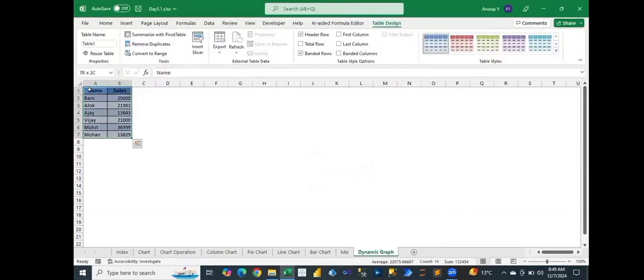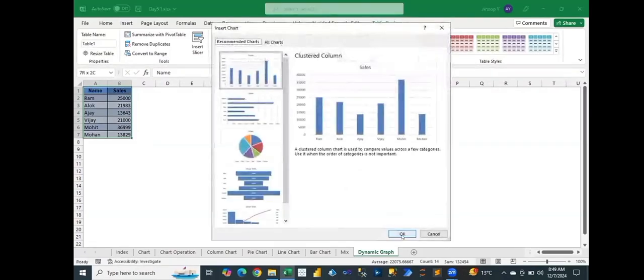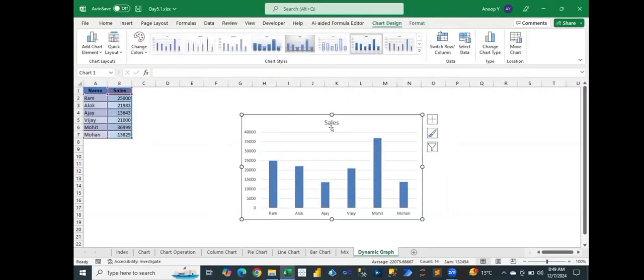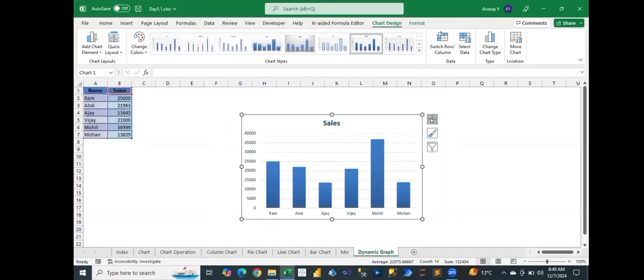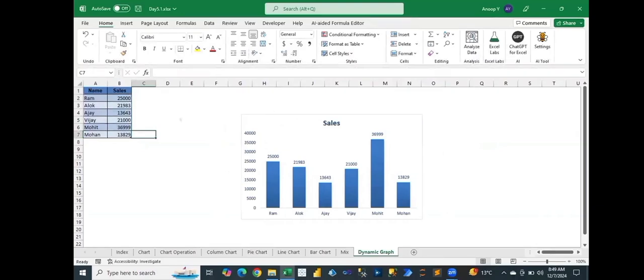And now use this data to create a graph. Select, I press this one. Okay. So now this one is created. Now I am adding the data labels also. Now you can see my graph is created. Now, if I change this one, for example, I am changing the value of Mohan from 13829 to 18,700. So can you see in the graph it got changed,